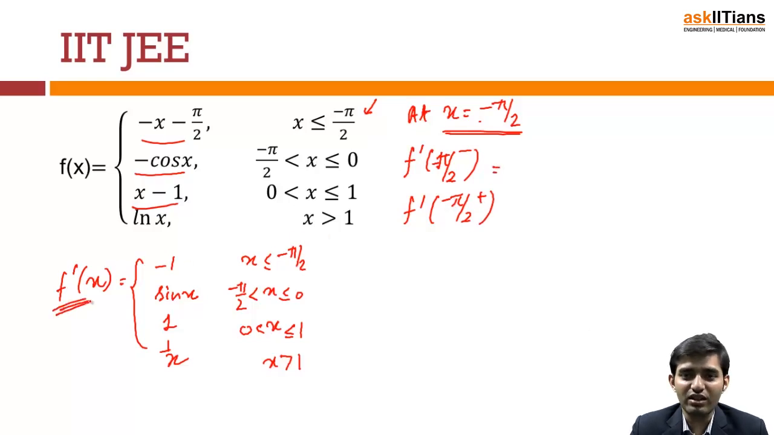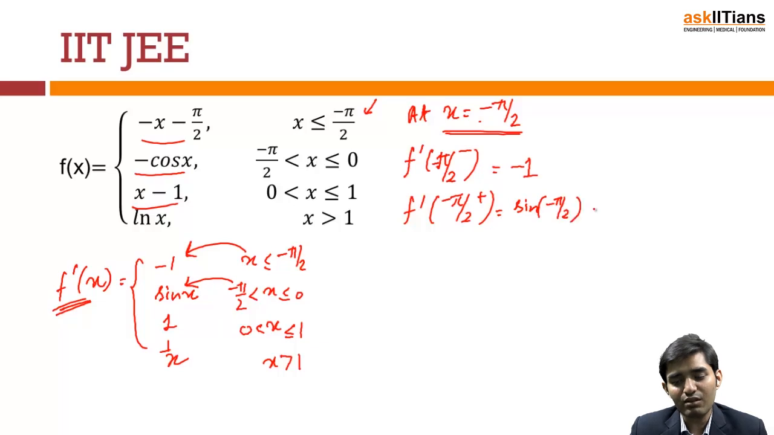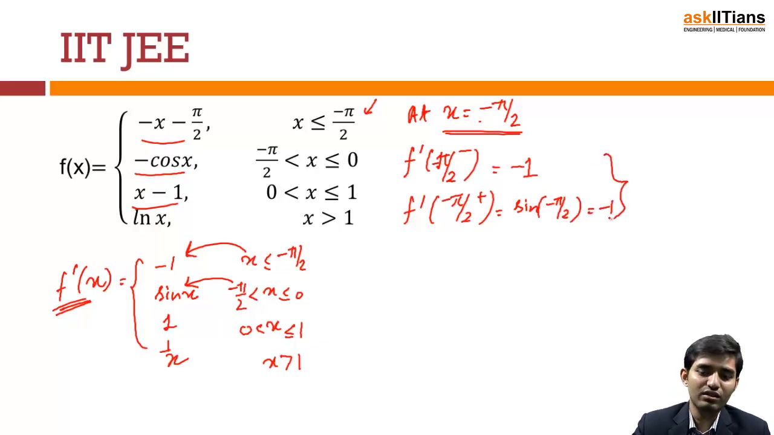F dash is this function. So now I will put x equal to minus pi by 2 in this and x equal to minus pi by 2 in this, right? Minus pi by 2 minus means x is less than minus pi by 2, so this definition will follow. So here f dash is equal to minus 1, and if I put x equal to minus pi by 2 in this, I will get sine of minus pi by 2, which is again minus 1. So here we can say that LHD is equal to RHD,